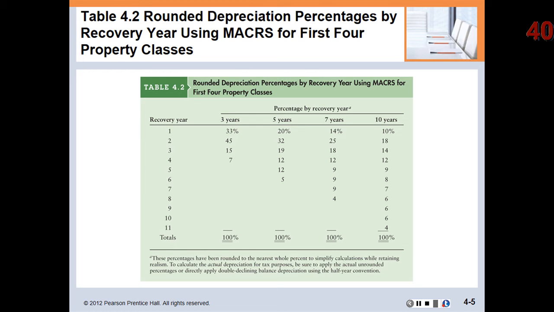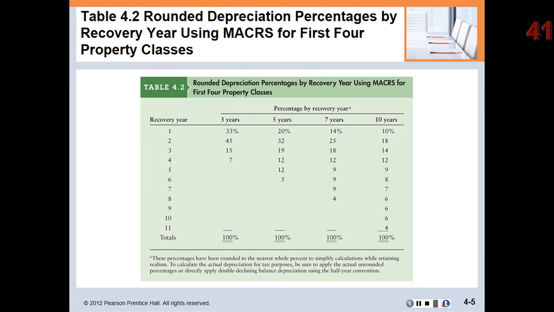sell it for whatever you wanted to, okay? Now, on the balance sheet, it would show up that it was worth $20,000 after the first year. So the book value would be $20,000. But if somebody comes along and offers you $30,000 for it, if you want to sell it, you can, but the difference between what you sell it for and its book value is called a capital gain, and you have to pay taxes on